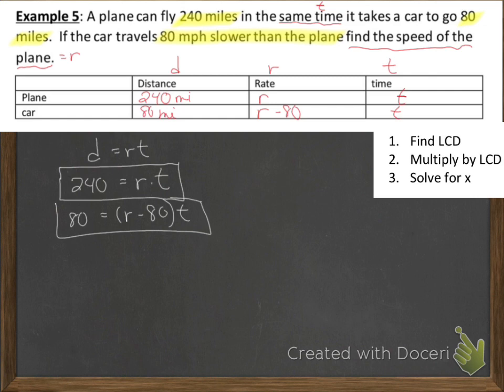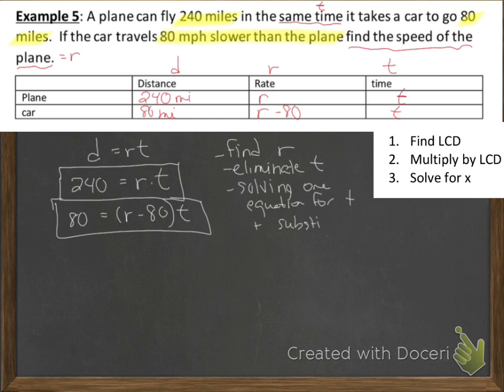So let's think about what we can do with these 2 equations. What we really want to find is R. In other words, we don't really care what T is. T is just a variable that's helping to connect these 2 equations. So what we're going to do is try to eliminate T. So how can we do that? Well, we can eliminate T by solving one equation for T, and then substituting that expression